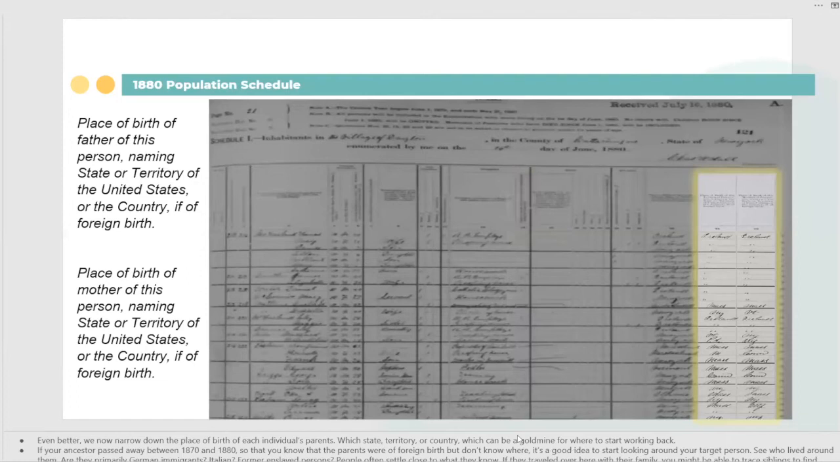This one will help you a lot more than the last census. This is the place of birth of this father, naming the state or territory within the United States or the country if of foreign birth. Same thing for the mother. So if your person made it to 1880 and you knew that they had a parent who was born outside the US, now you have an idea of where. If your person died between 1870 and 1880, if you're lucky enough to have that happen, a lot of times